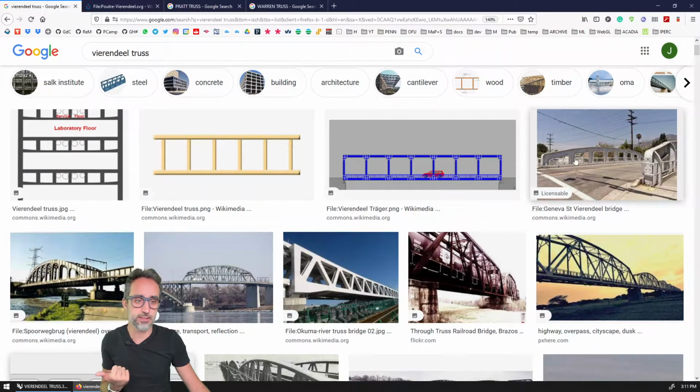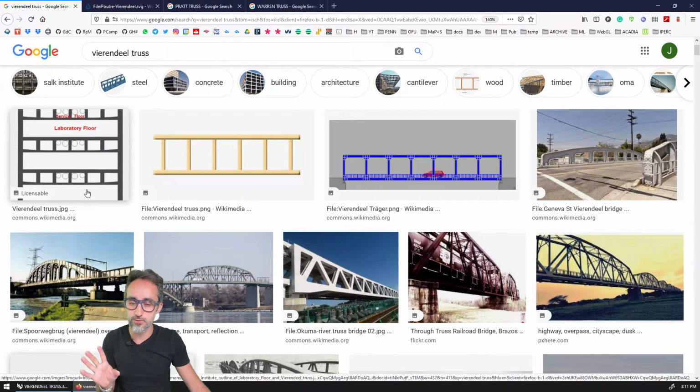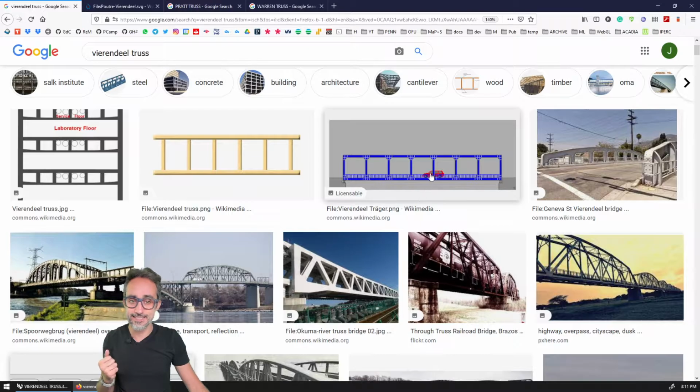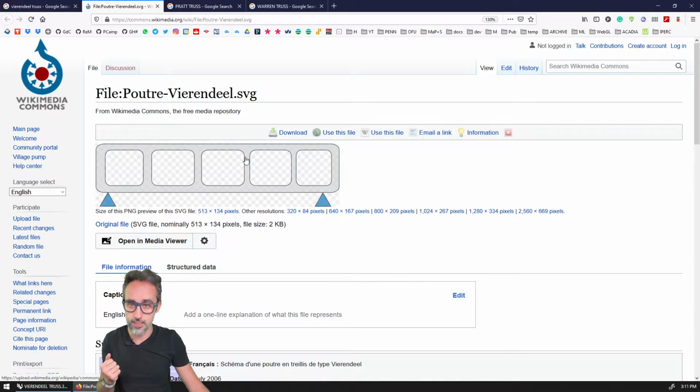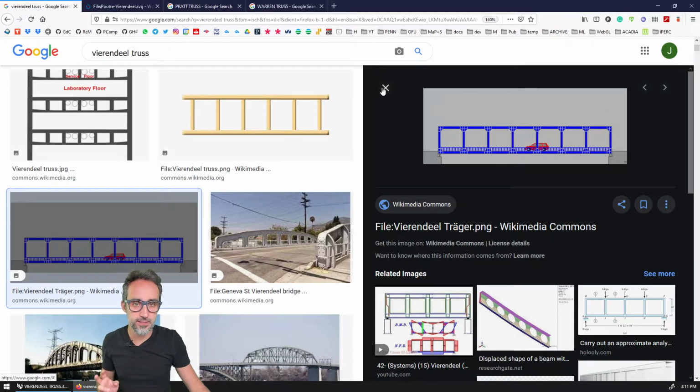looks something like this. Vierendeel trusses are very common structures for certain kinds of bridges and for certain kinds of building structures because since they rely on the joints being rigid joints, not allowing any rotation, then they can get away without having diagonals, which for many people is a really nice aesthetic thing, and you can also pass things through, etc., even though it makes the elements be typically a bit bulkier. But here for us, that doesn't really matter.